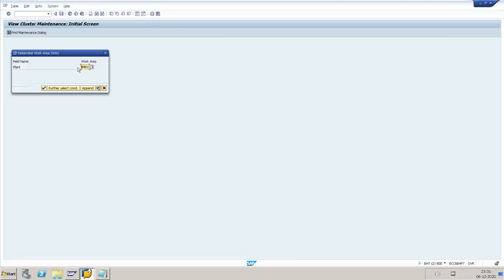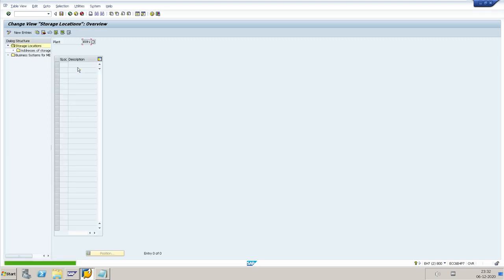You give the plant name which you created, KU P1 is my plant, and I select new to create the new storage location. My storage location 001 is for raw material, 002 for semi-finished, 003 for finished.